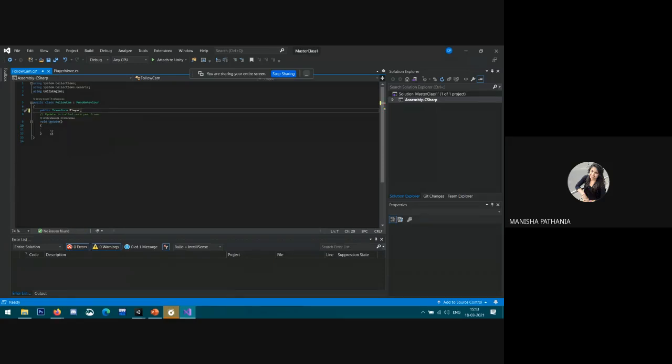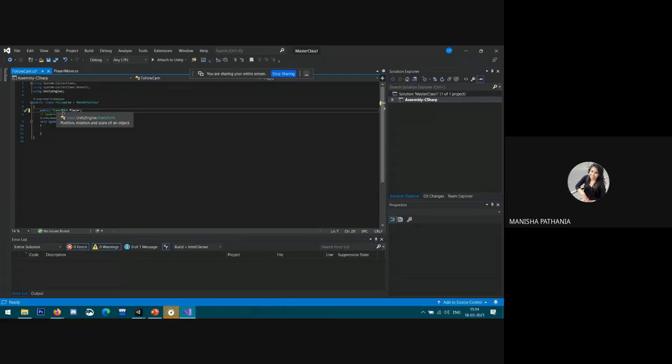I need to access the position of the player through the camera, because the camera needs to follow the player position. For that purpose, player is the reference to this Transform component.